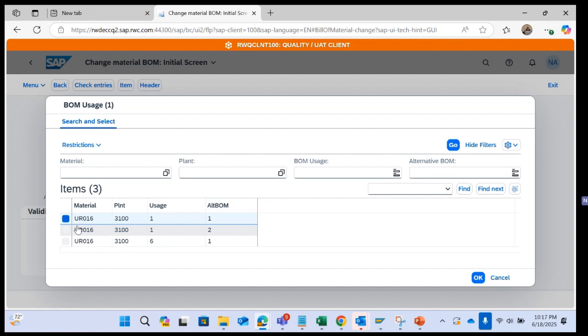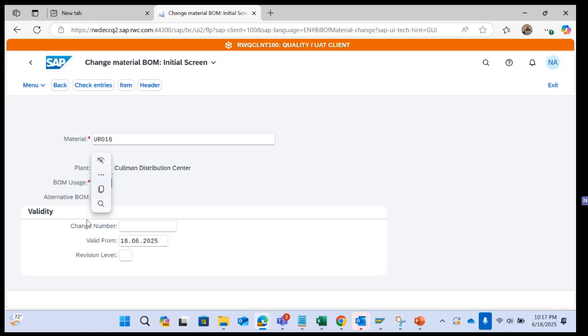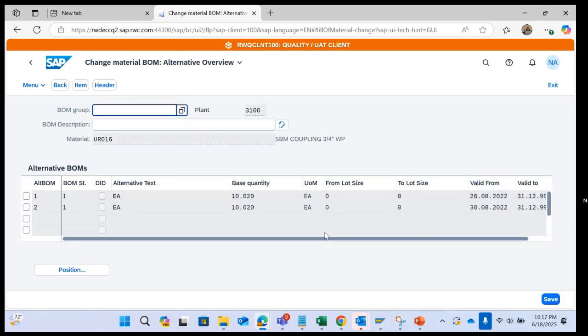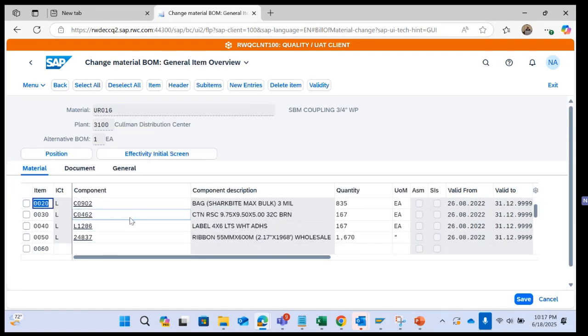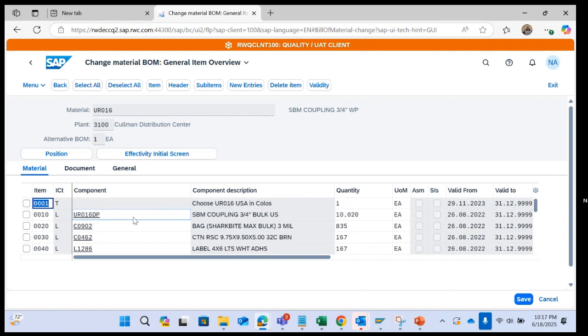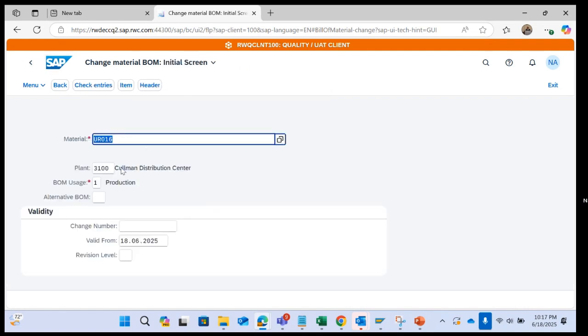We can have many BOMs for each product. So I'm going to use this one. So let me go and display this one. What is the BOM? So we have two things, right? Here also two BOMs are there. So what is the BOM? Each BOM we can display. These are the components. So if I go